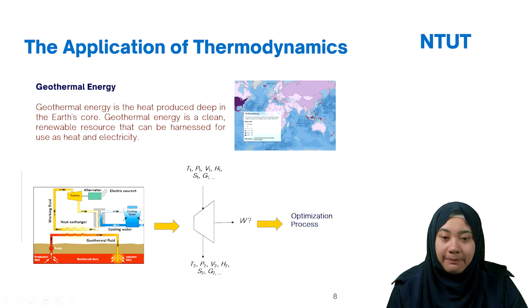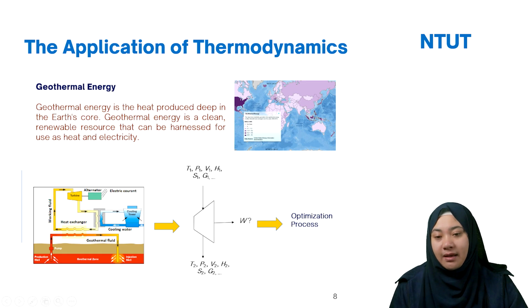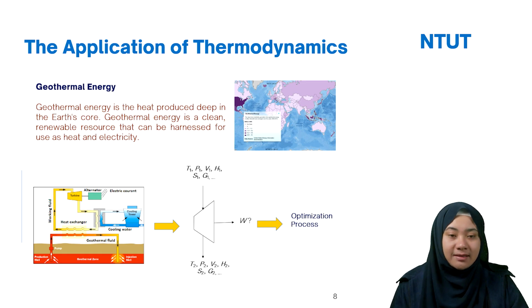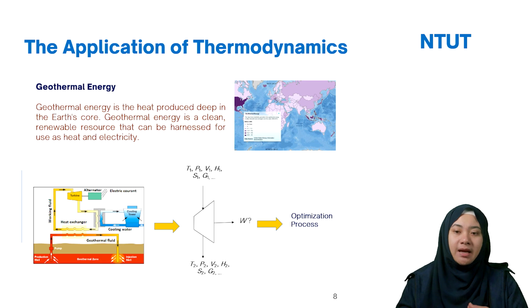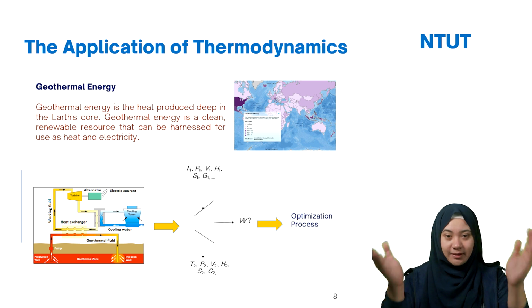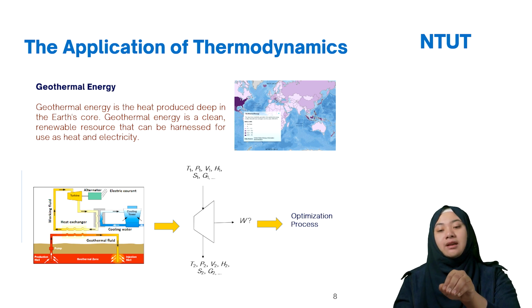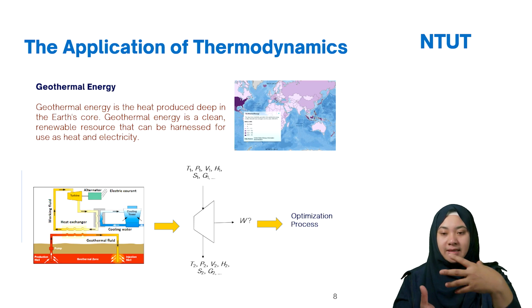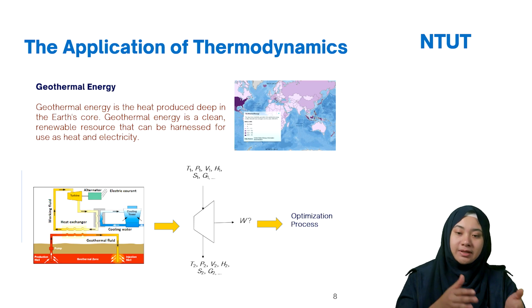We also have applications like geothermal energy. Geothermal energy is interesting. It's renewable energy. I believe this energy is already expanding in many countries. So what are geo and thermal? If you discuss these two words, it is actually heat produced in the depth of the Earth's core. Inside the Earth you will produce some heat, and then you can use this heat to produce electricity.